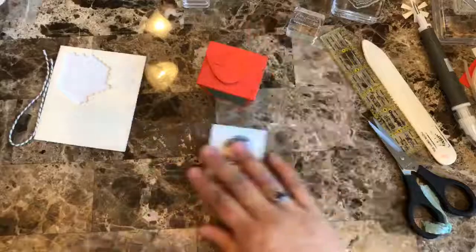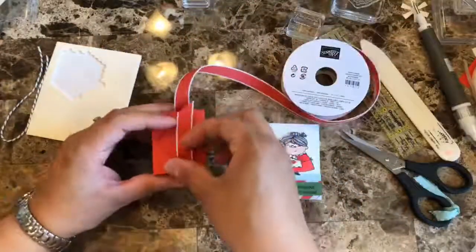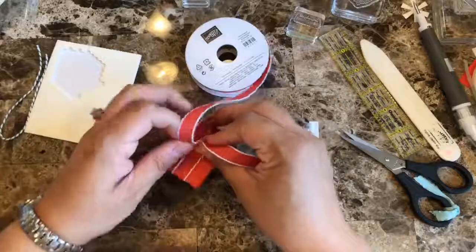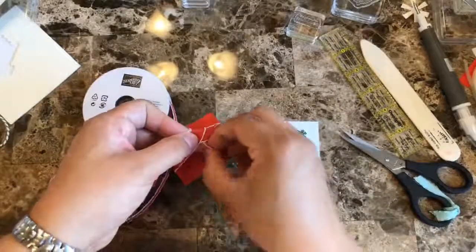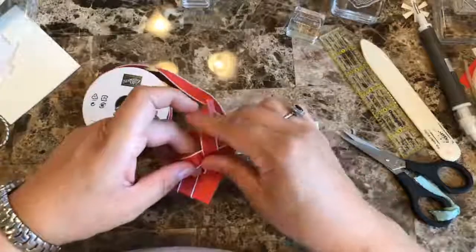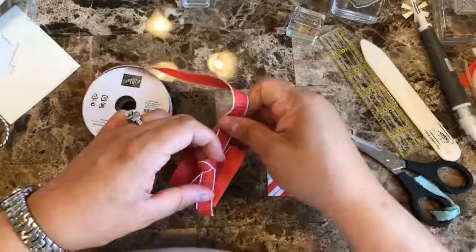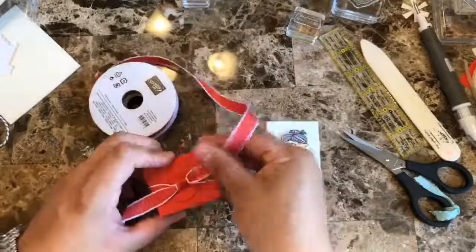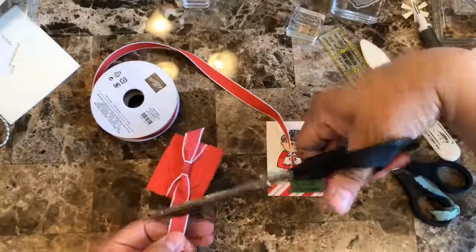And here's what we're going to be doing. I think it will be nice if we put a little bow, or not, I should say, because I've been doing that all this time. Again, I always do it from this spool. So now that I have it here, I'm going to go ahead here and here,